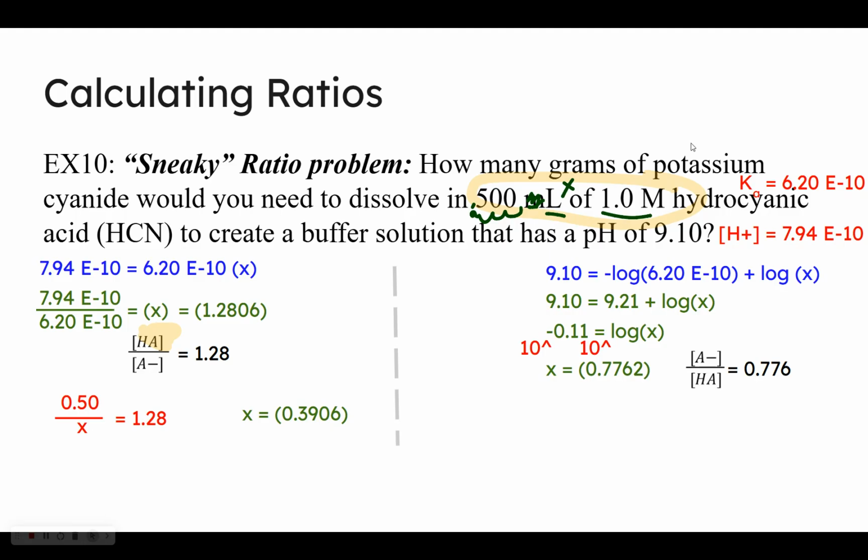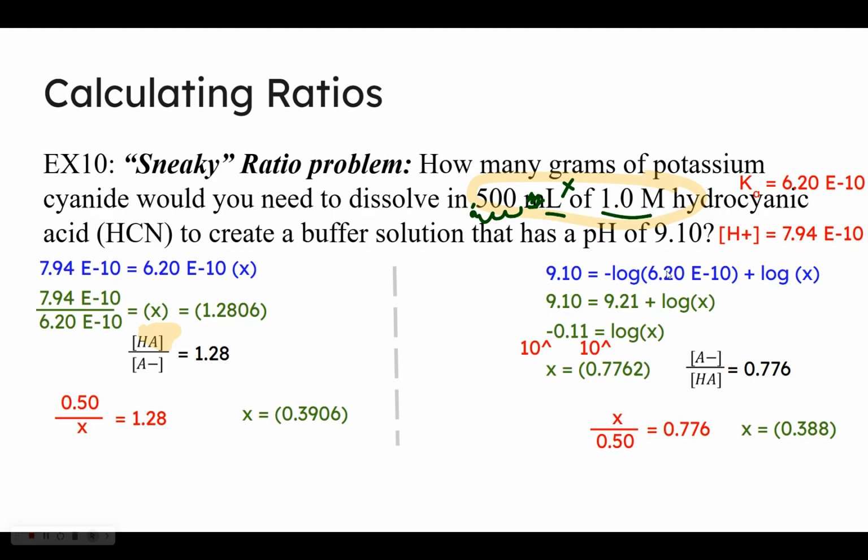And once again, if I plug in my acid moles, those square brackets mean molarity technically, but as long as they're in the same solution, the volume is equal, so the moles are equivalent to dividing those molarities. This time I'm just plugging in that 0.50 moles on the bottom where our acid is, solving for the x on top, which is a little bit simpler, just have to multiply by 0.5, and that gets me that my moles of conjugate would be 0.388, which is not identical to my number from using my H plus equation, but